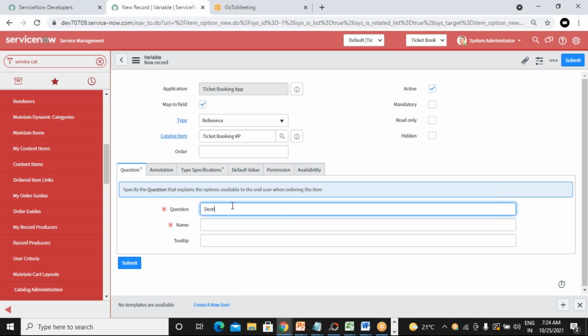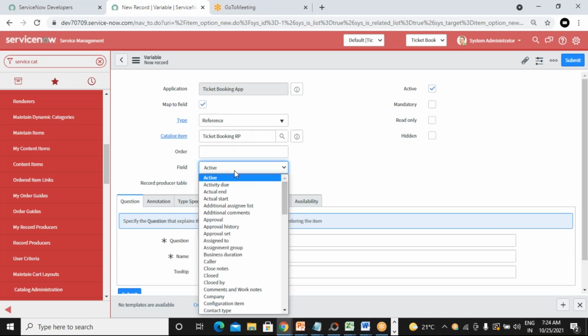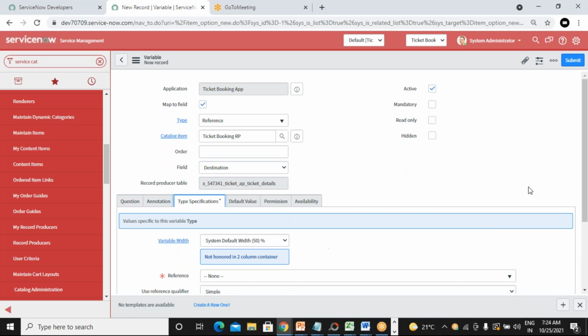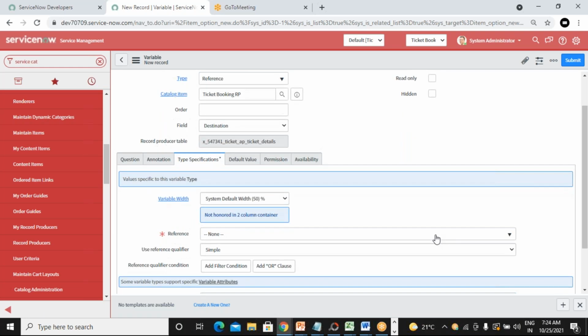So here, destination. Type specification is mandatory. Once you select the type as reference, we have to specify the table here.